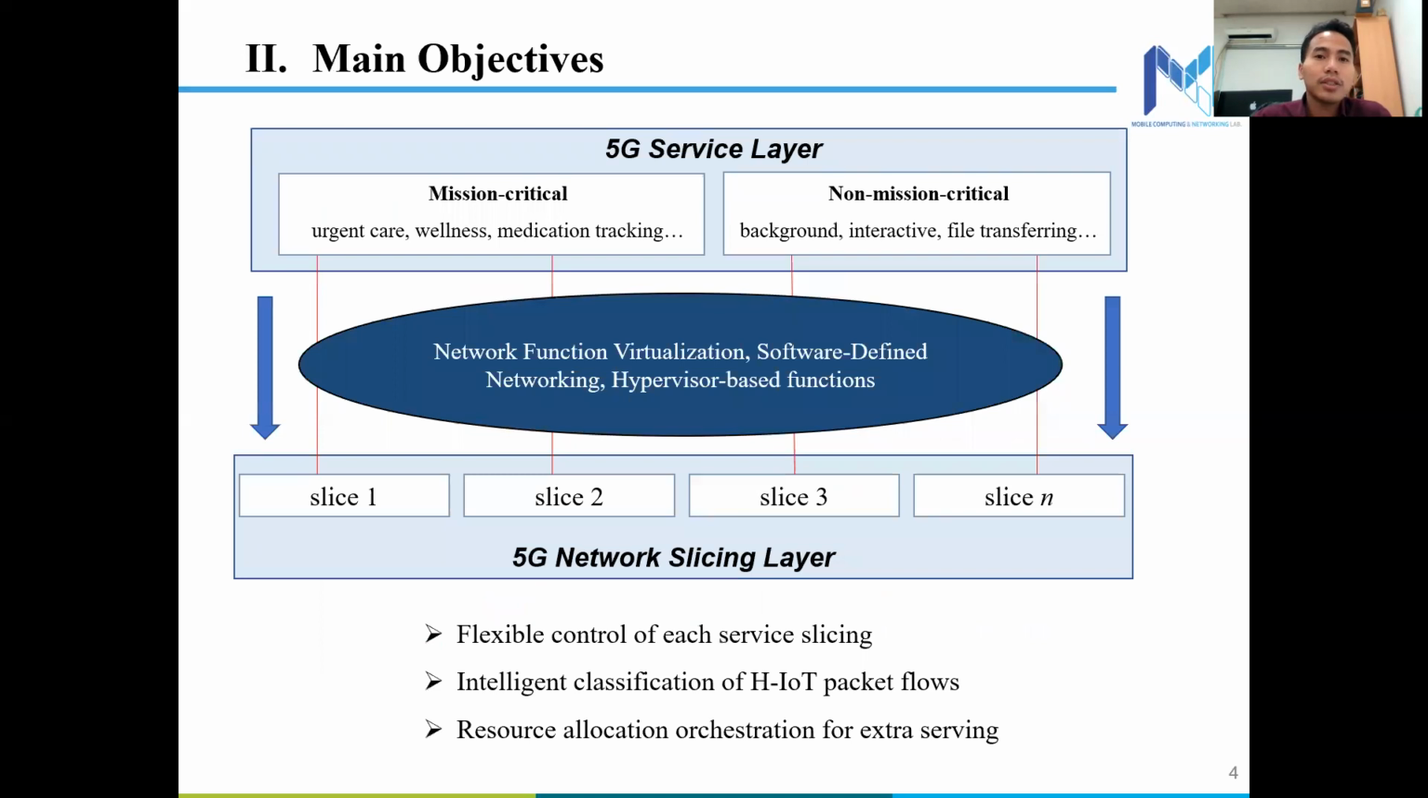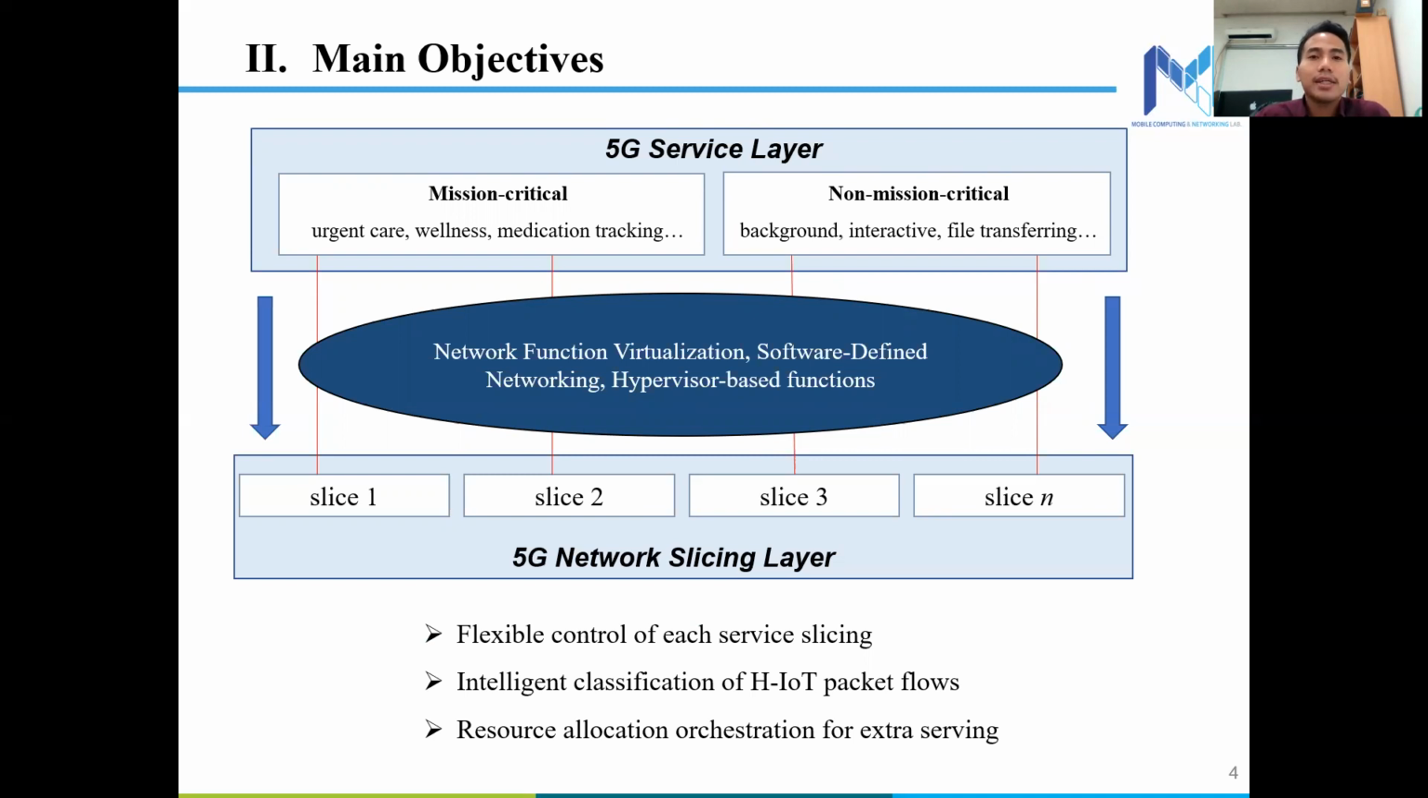In the next section, the main objective of the proposed approach is described, which consists of a flexible control to slice each service along with an intelligent auto configuration and classification, prioritization, and extra serving resource allocation to handle the healthcare Internet of Things density. In the 5G service layer, the application